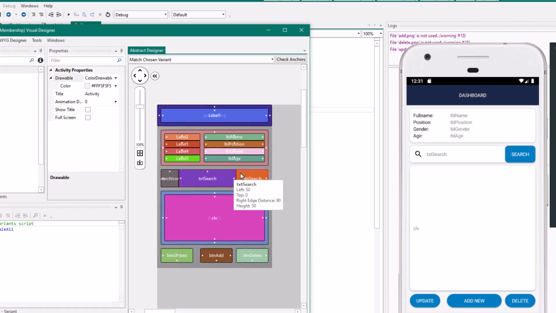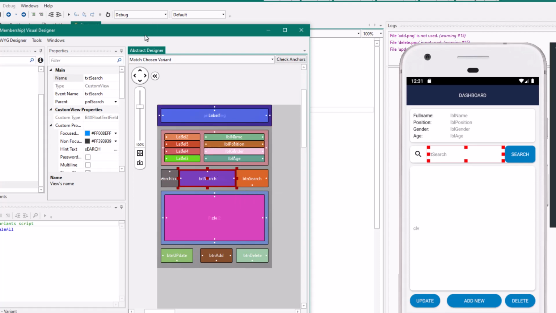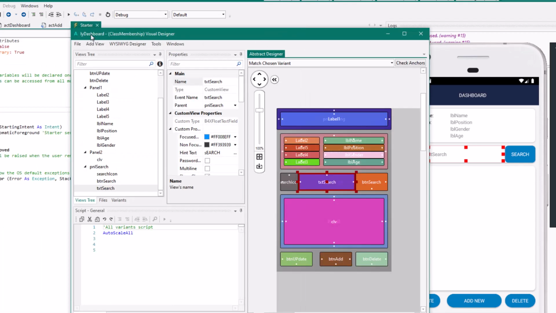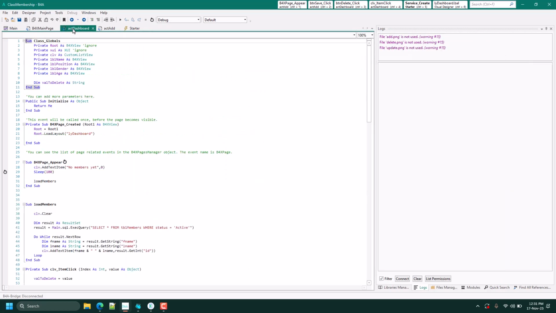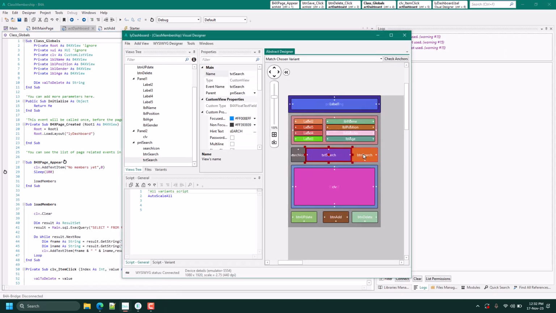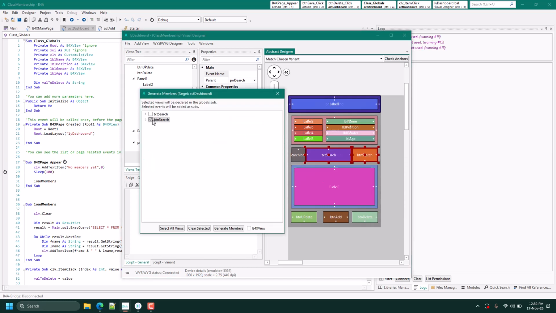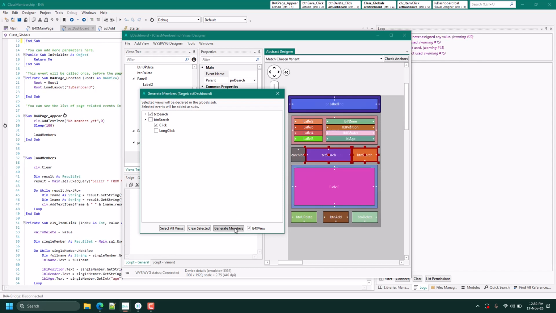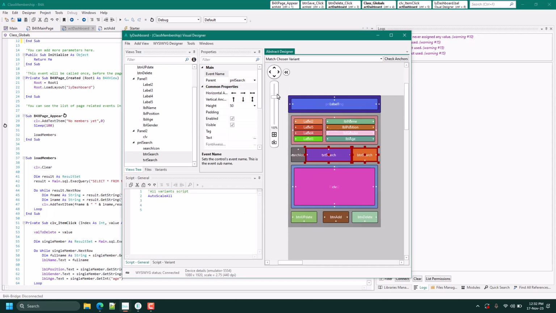Okay, so we are working with the dashboard layout. So we go to dashboard, and we declare these two. Okay, now that our layout is ready, let's take a look.